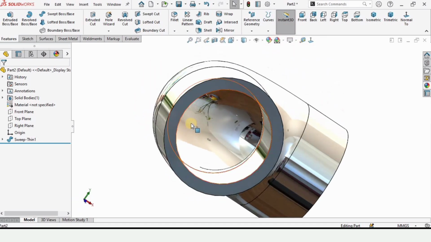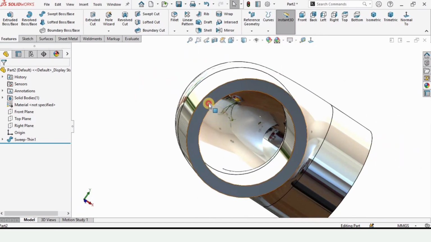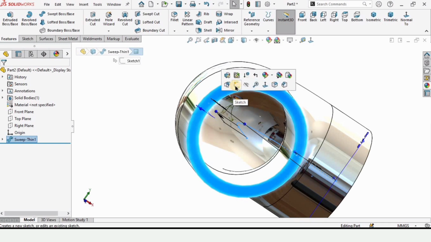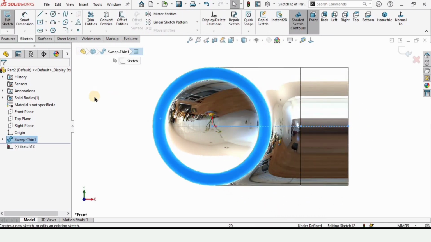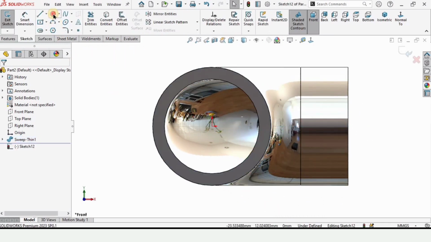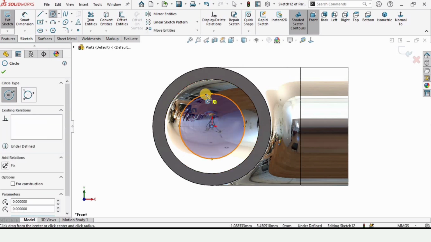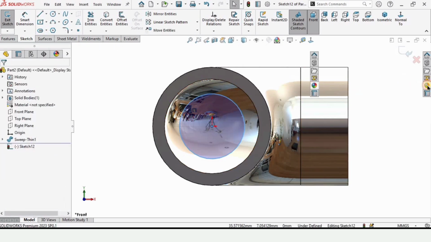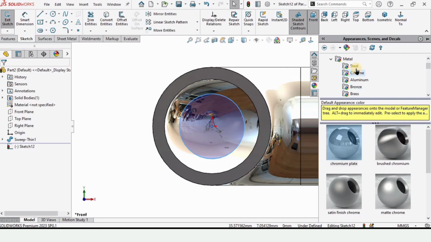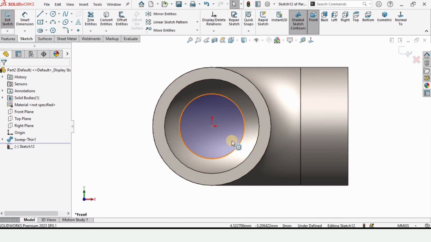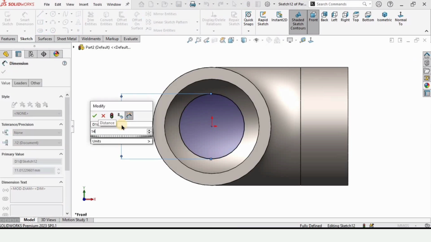better visualization. Now select this face and click on sketch, and here we need to create a circle. So select a circle and make sure to create a circle at this origin, as this appearance is not very well, so here apply any other appearance. This is better. Now here specify the diameter for this circle. I am specifying as 14 mm,